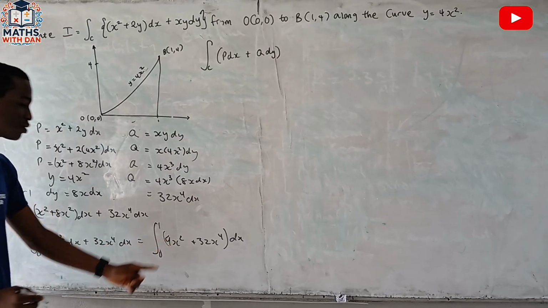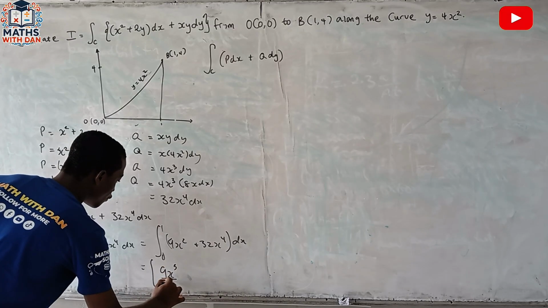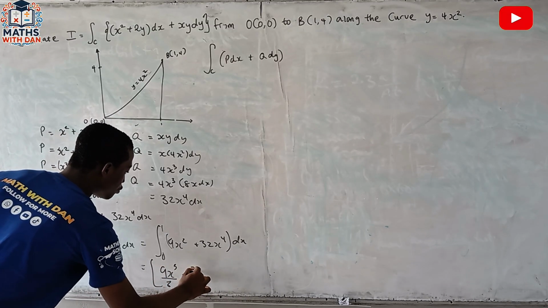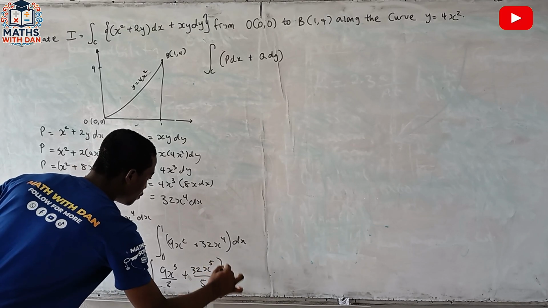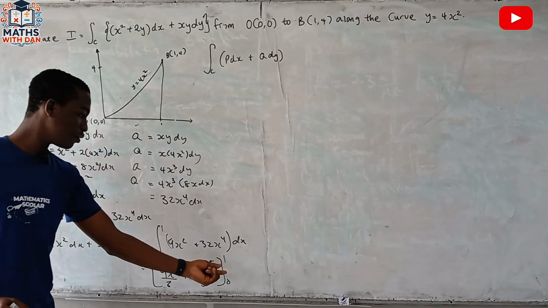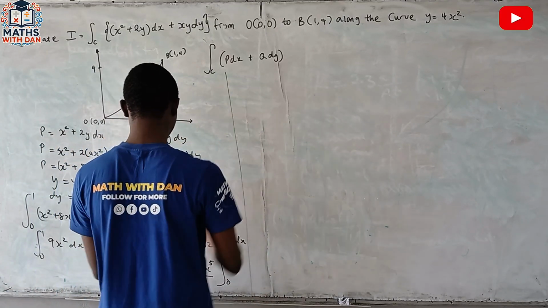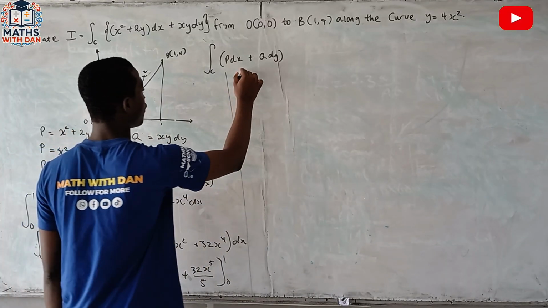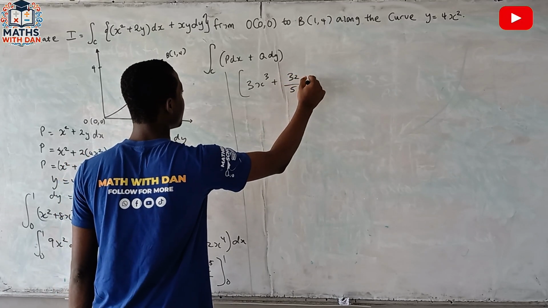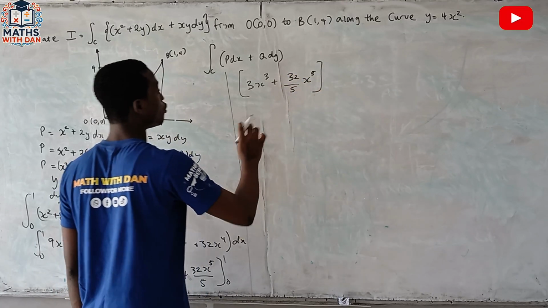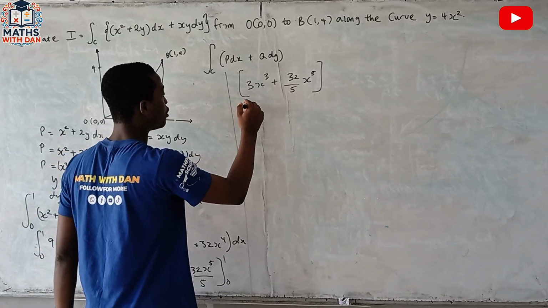If you integrate 9x squared, you have what? You have 9x cubed over 3, right? Plus 32x to the power of 5 over 5, from 0 to 1. So you substitute the boundary values. Having the boundary, you have 3 here, 9 over 3 is 3. So you have 3x cubed plus 32 over 5 x raised to the power of 5. So you substitute the values for 1 and 0. If you substitute the value for 0, everything will give you 0. So inputting 1, you have